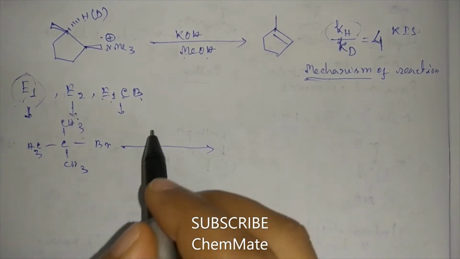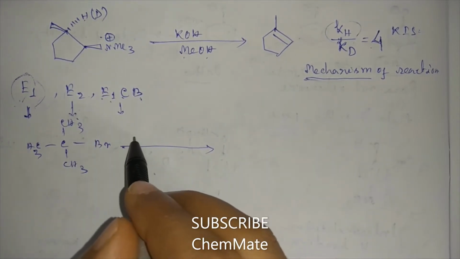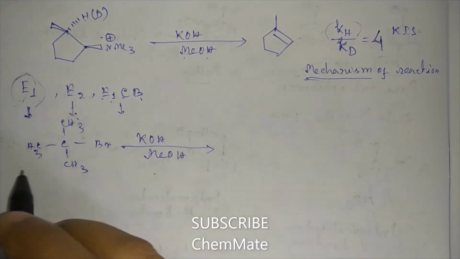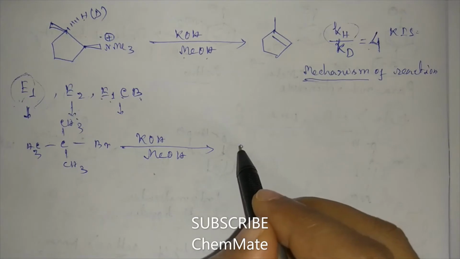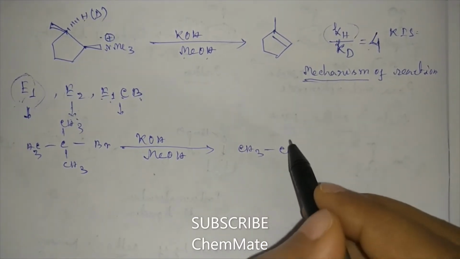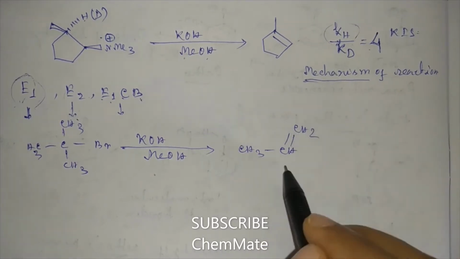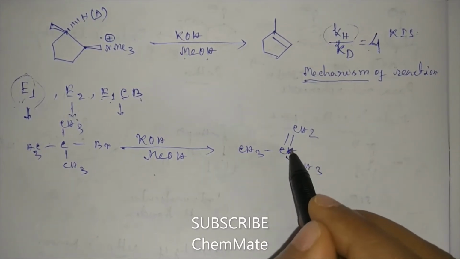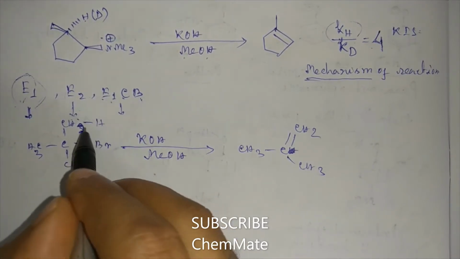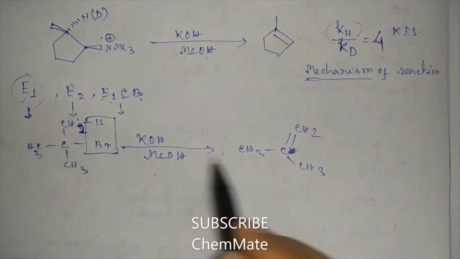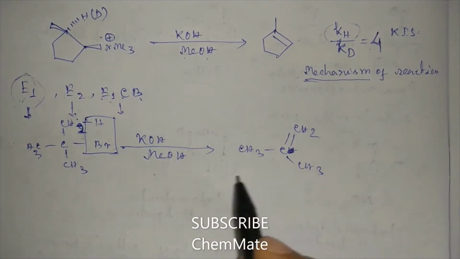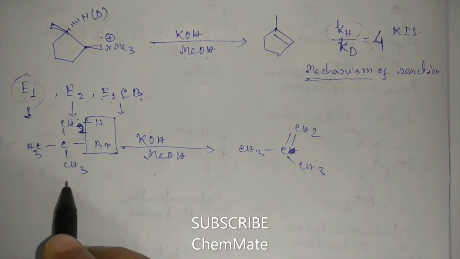In such a case, if we treat this with KOH, MOH, then one product will be C=CH2, CH3. That means one hydrogen and one Br will eliminate and a double bond will form. This will follow the E1 mechanism because in the E1 mechanism